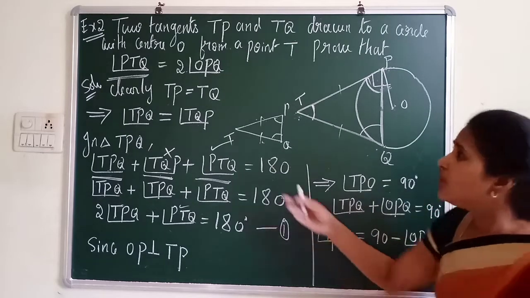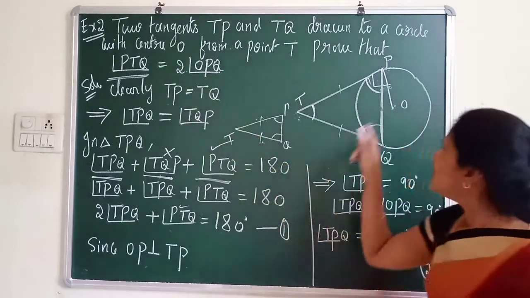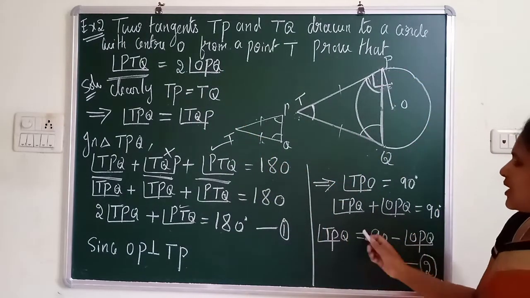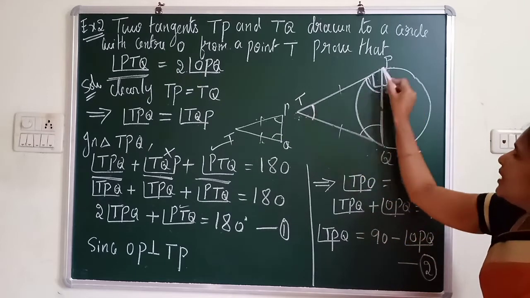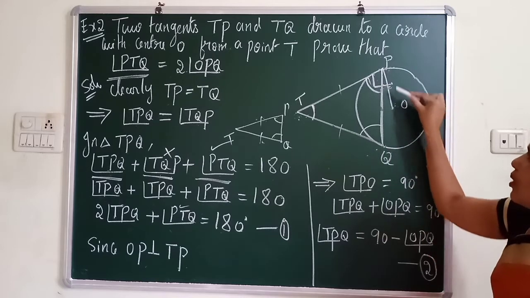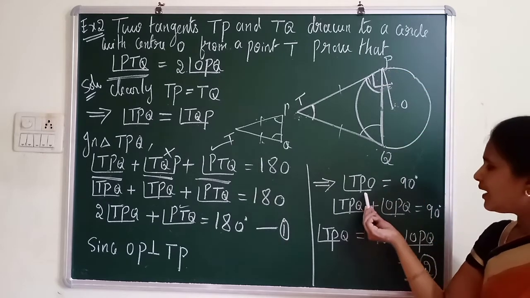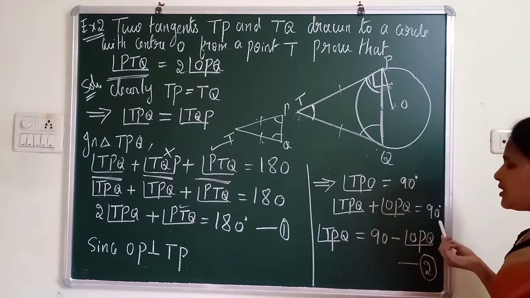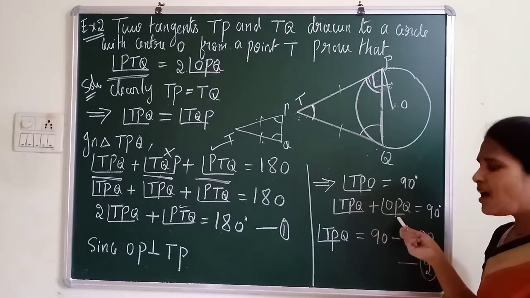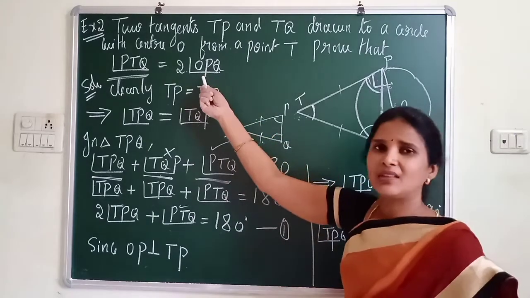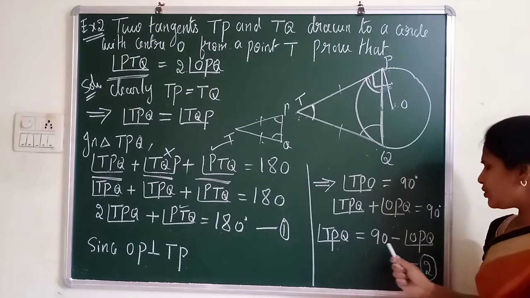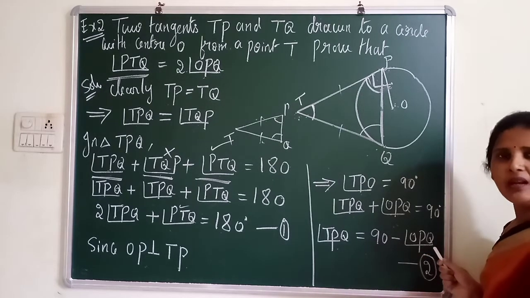So I already told you I have to connect with OPQ. So in this, OPQ is there. Now you can split this 90 degree angle into two parts. What are they? TPO can be written as TPQ plus OPQ. So I have divided this angle into two parts. TPQ plus angle OPQ is equal to 90. Just you can see now I got angle OPQ which you have in the proof. So now write TPQ equals 90 minus angle OPQ.